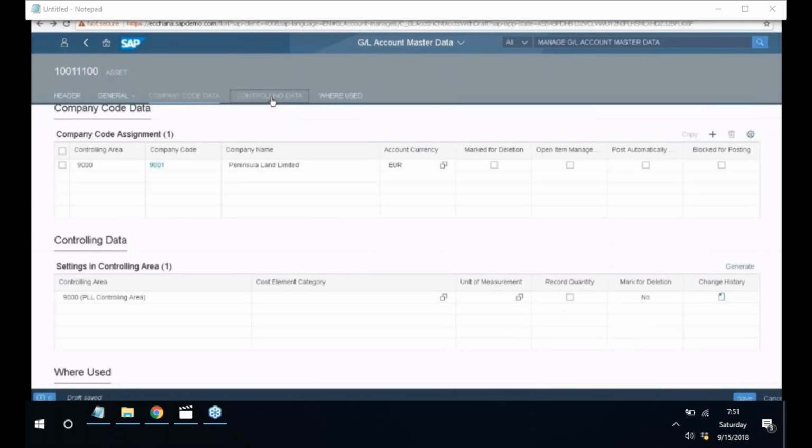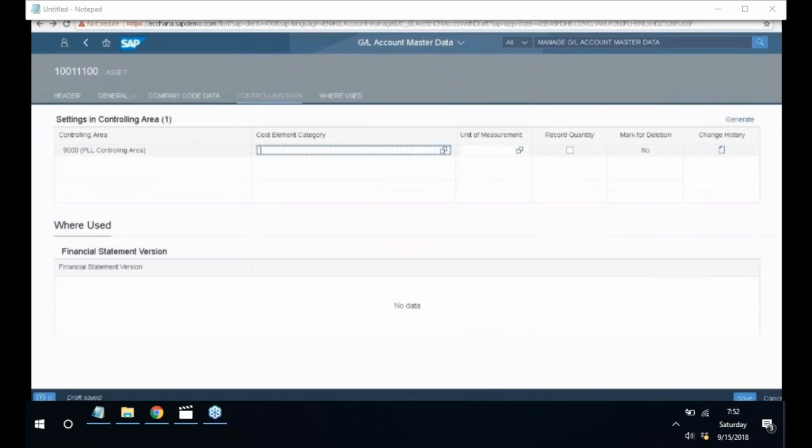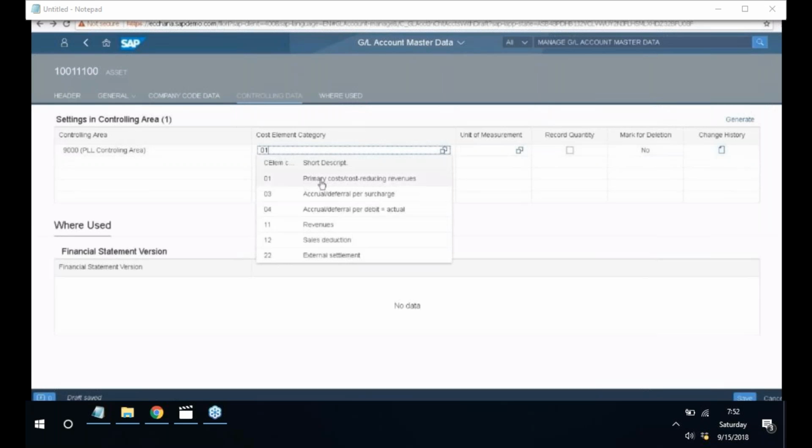Let us click on controlling data. Provide the cost element category: primary cost. So click on save. Once you click save,